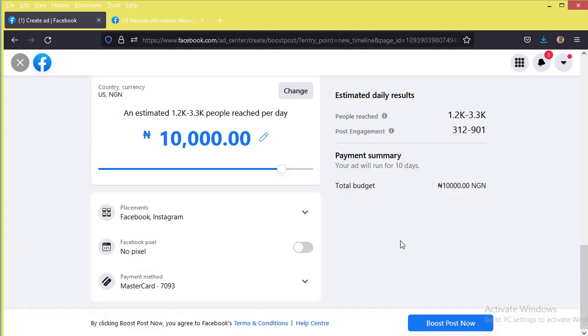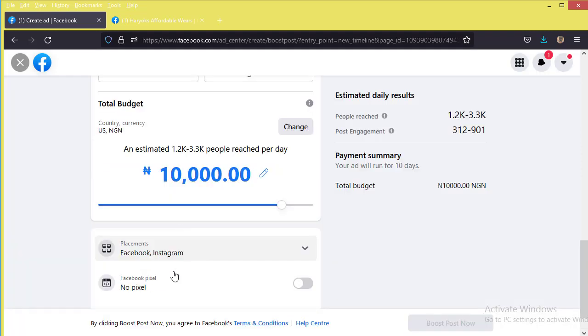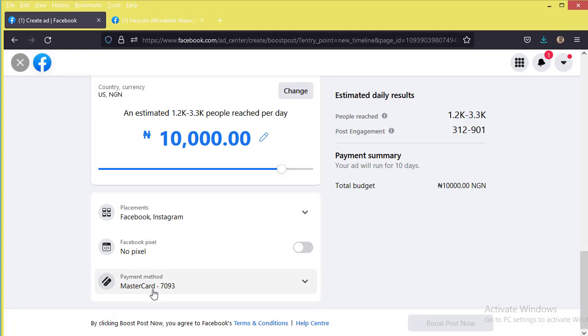Once you add your card successfully, you'll be able to see some information about your card here. So it means you are making payment with this card. Now, before I move on,